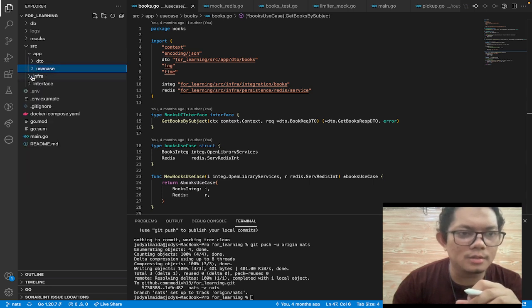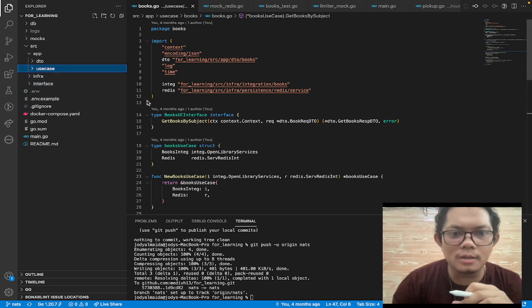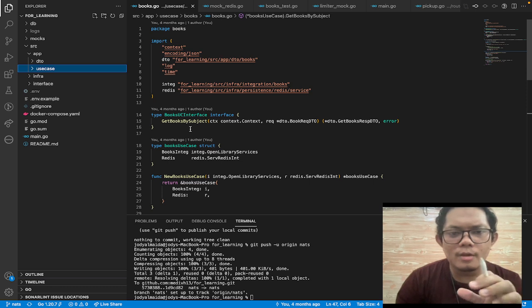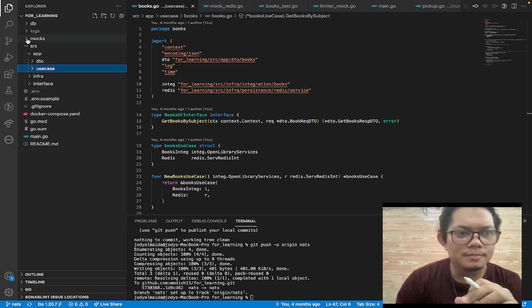This is the use case, the infrastructure, and the interface. And every layer communicates by an interface like this. We use an interface to make it easier when we make mockups for the unit testing like this.